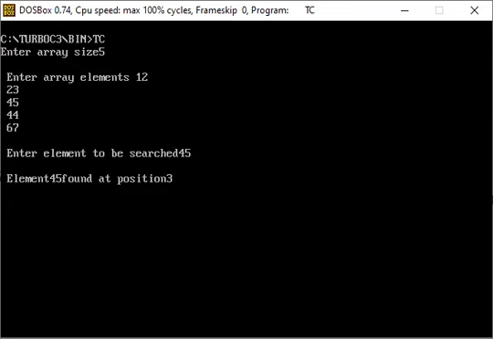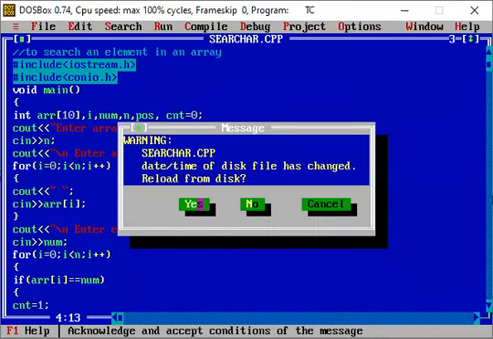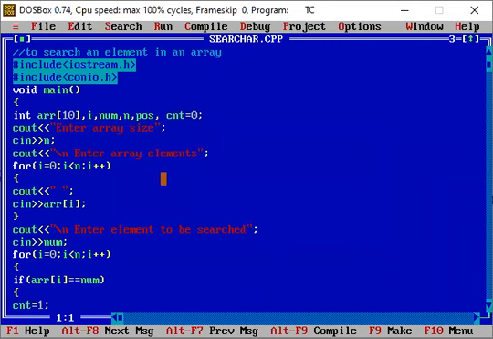Fine. So this is all about how we can search a particular element in an array. This is the case that we can use here. So this was all about searching of an element in an array. If you are clear with this algorithm part, you can see how, by using the different steps in an algorithm, we can ensure how searching is performed in arrays.